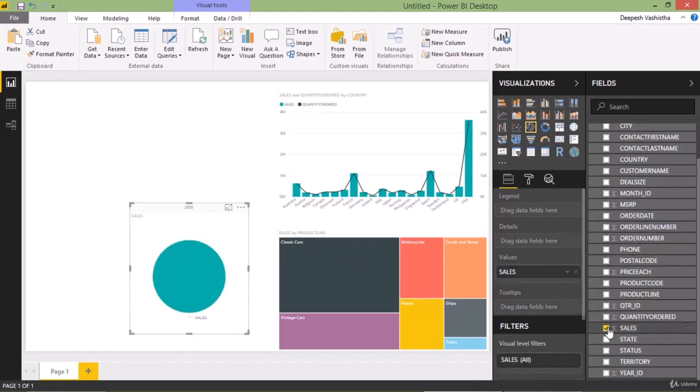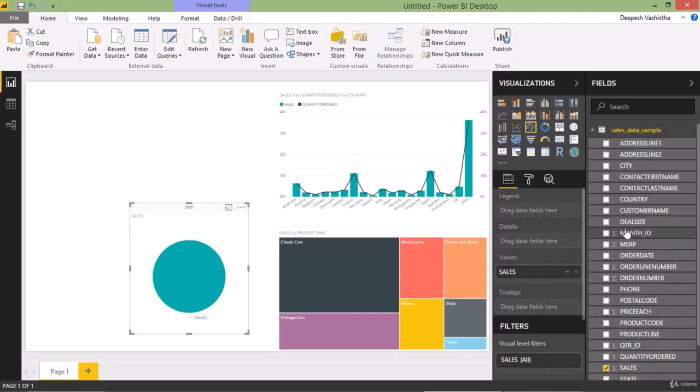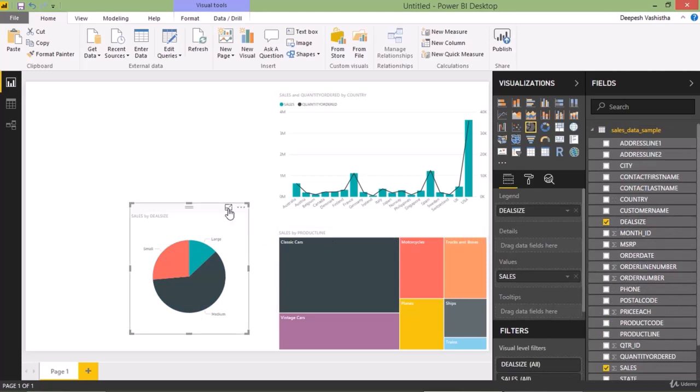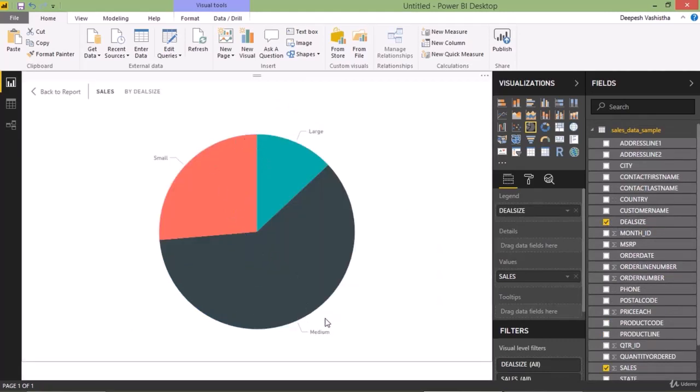And when you do that, let's add fields in it. We'll again add the sales, change it into date and time, and format. So we want to know the sales by deal size. What was the deal size of sales? So if you can see here now, another feature which I want to tell you is, the medium deal size